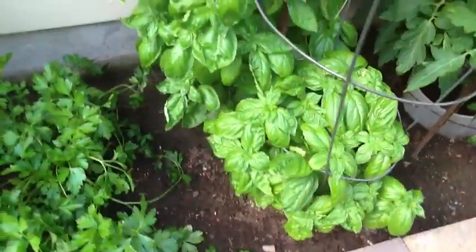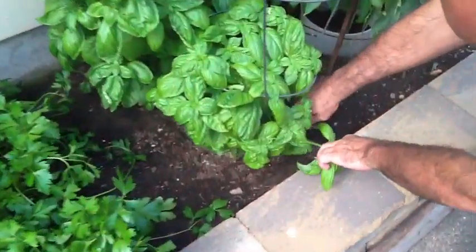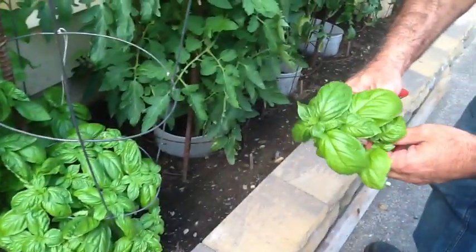Fresh basil, Ash. Got that? Oh, here, that looks like a good one right here, honey. That's for the sauce, and then...